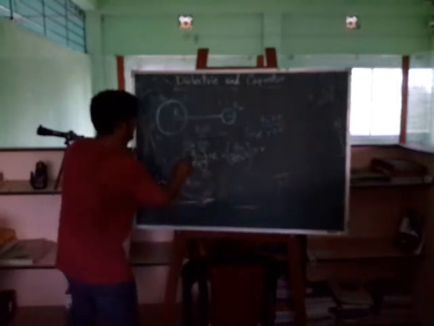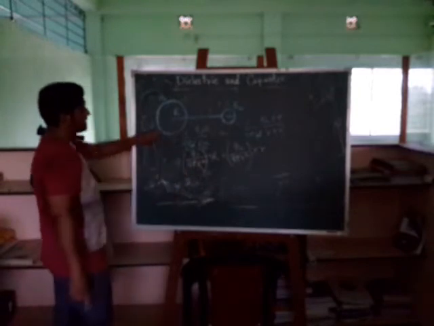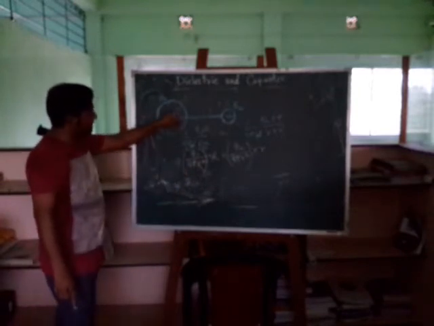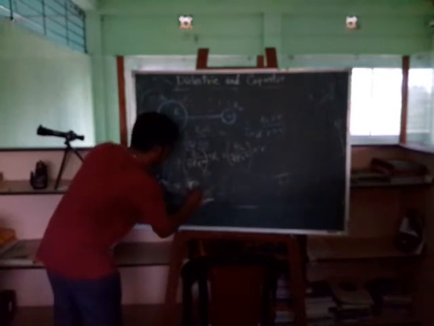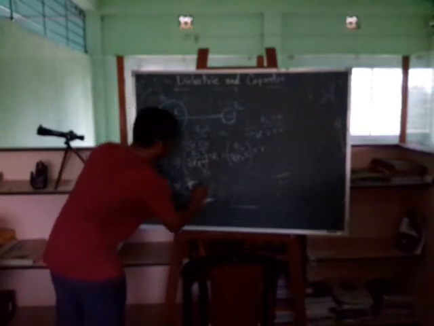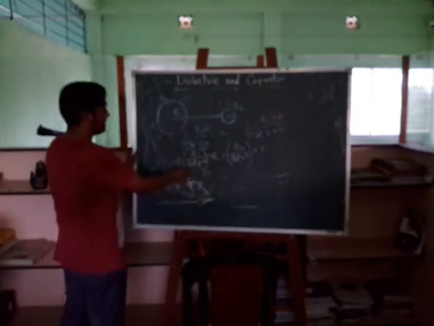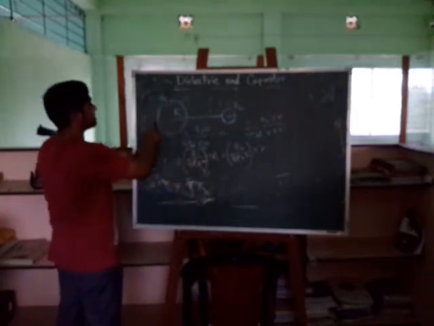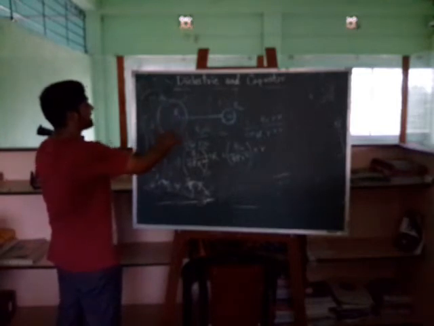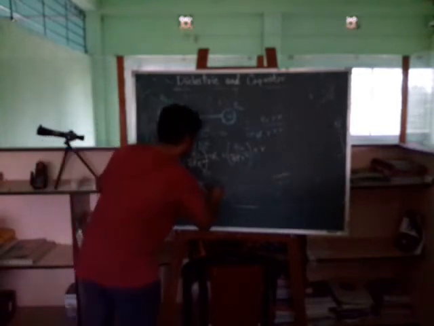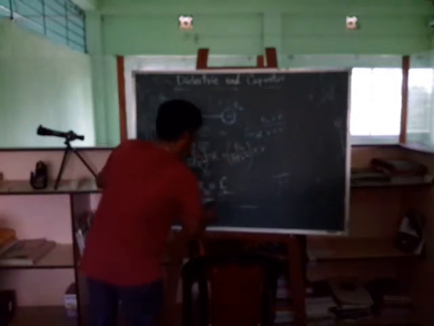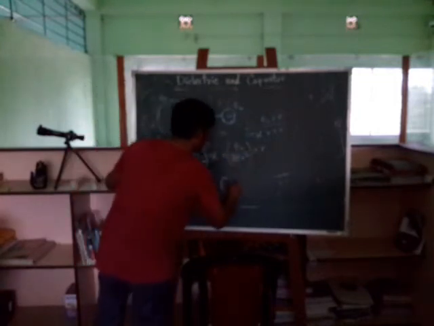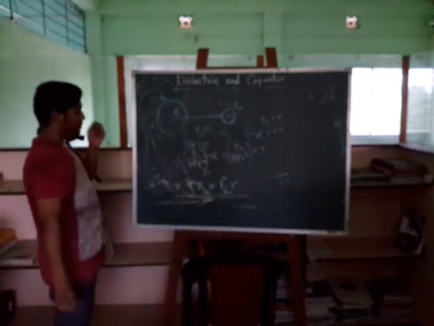Now what is that? That is the surface charge density. You see Q1 amount of charge is here on the surface, and that is the surface area. So this is sigma 1 into R. This is the surface density of charges, or surface charge density, on the first sphere. That is equal to, this is what? That is your sigma 2, and this is your small r. Okay, so these two are equal.